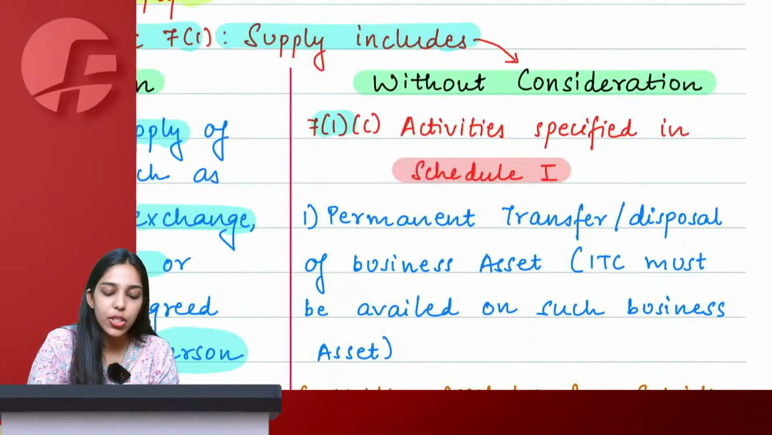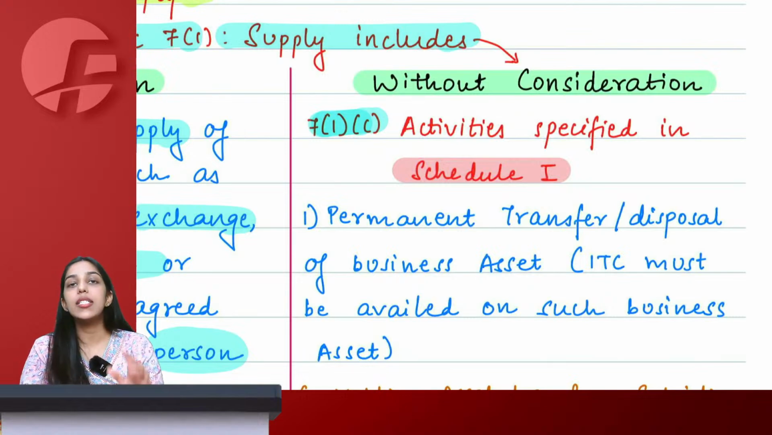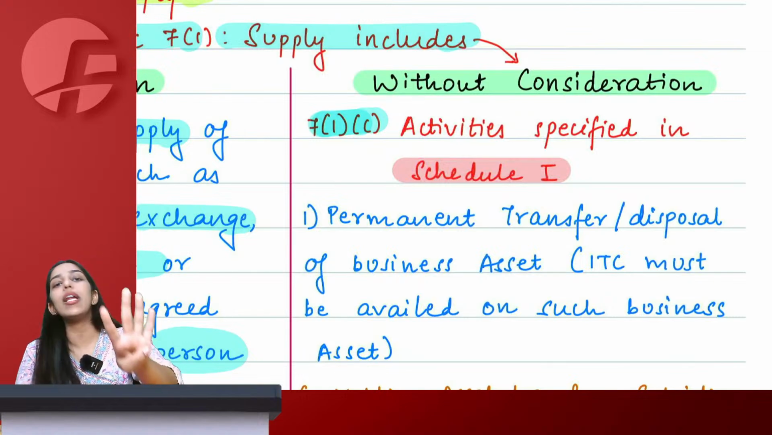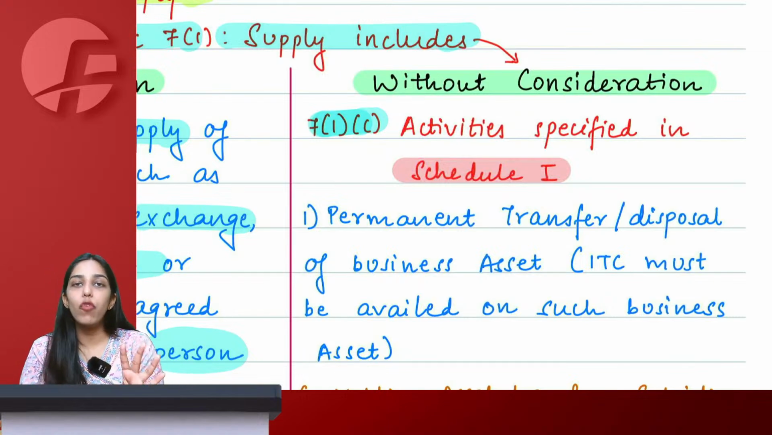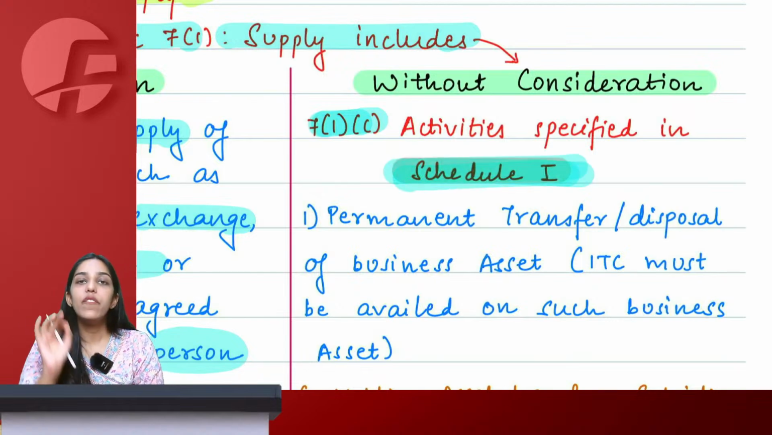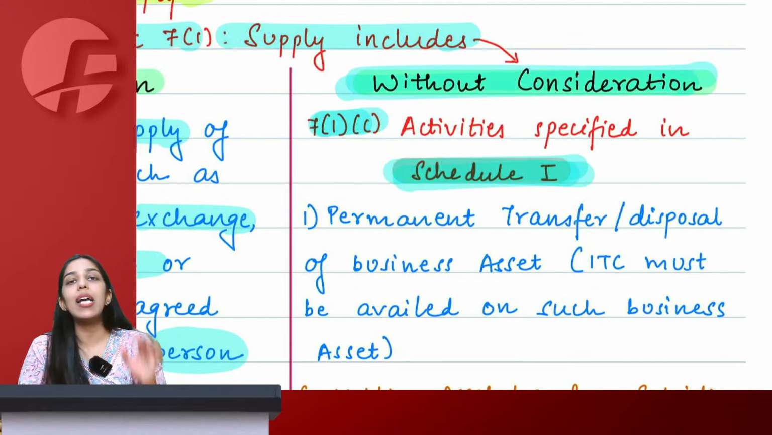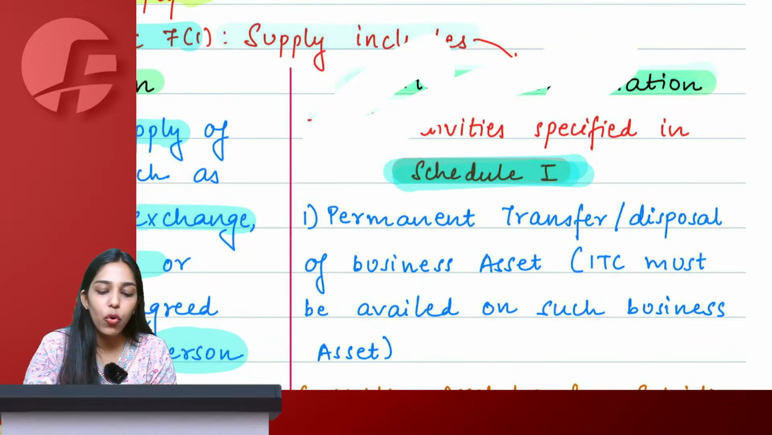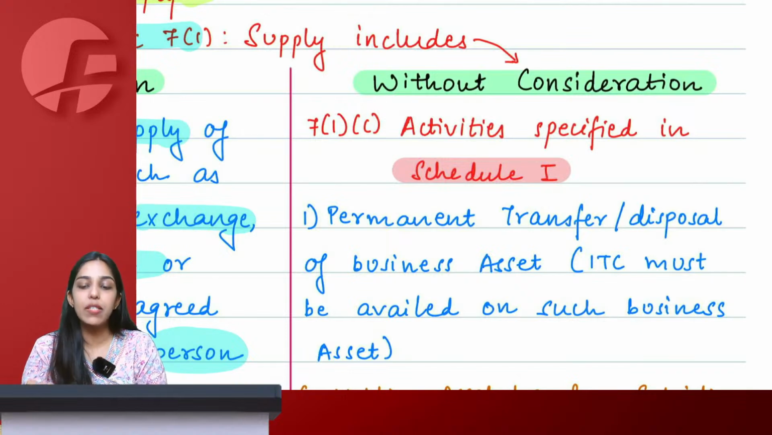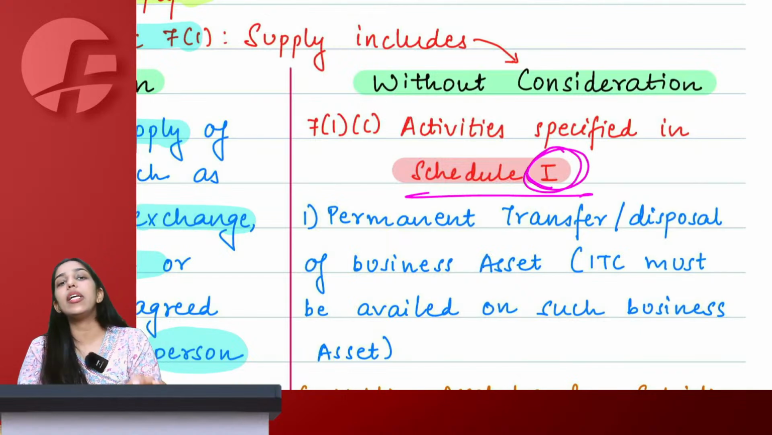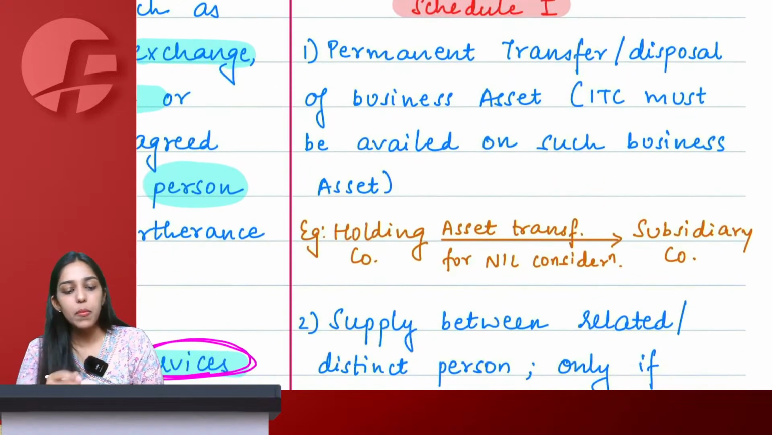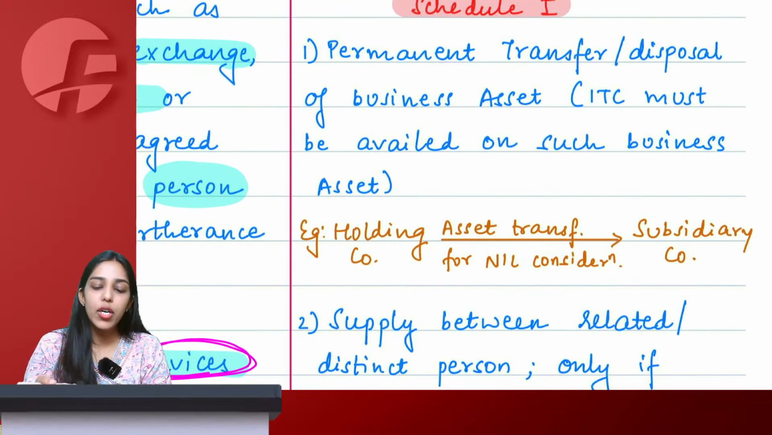Now coming to section 7.1c, which says there are particularly only 4 activities specified in 4 paras of Schedule 1, which say that they will be treated as a supply even without consideration. So only 4 transactions, 4 activities specified under Schedule 1 will be treated as supply without consideration also. Let's see one by one. First point is